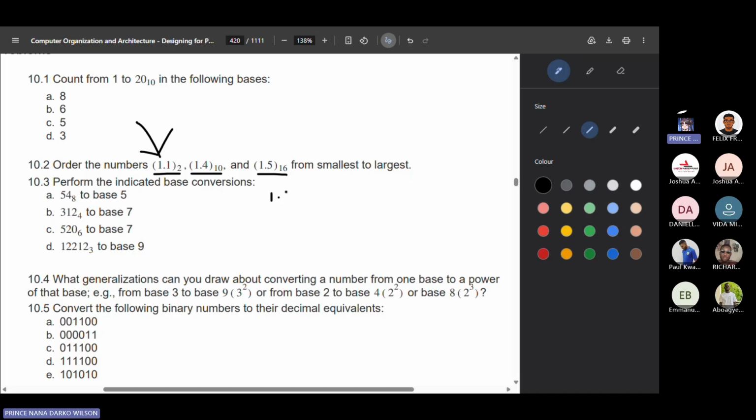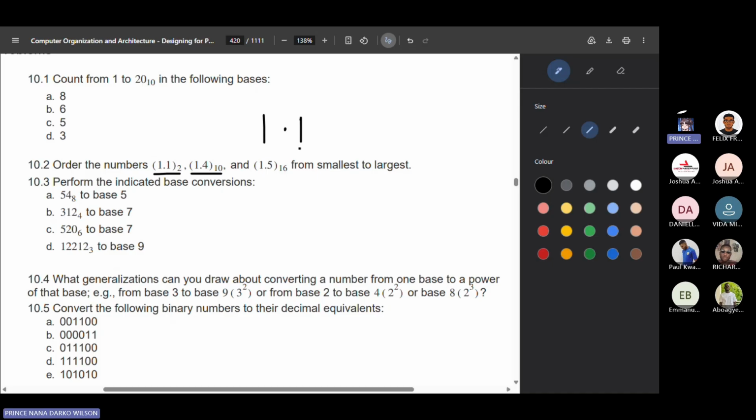So 1.1. In base 10, we just take 1 times the radix, in this case 2. Let's assign them places, by the way. To the right of the decimal point, you have -1, and then the digit that follows is to the first place of ones, like this. Do we all agree to that? What I'm saying is, if we take the number 1.1,